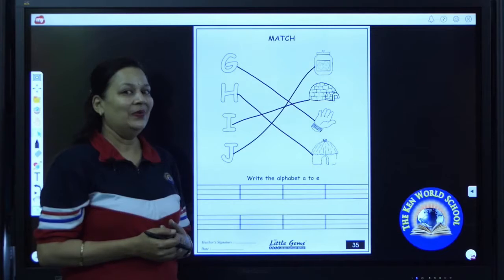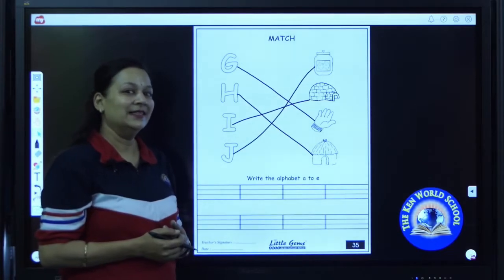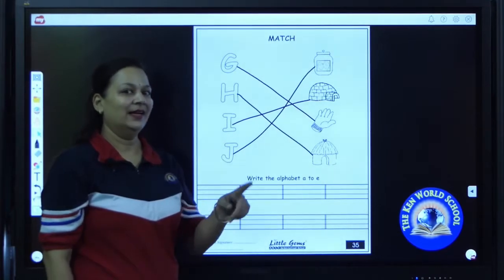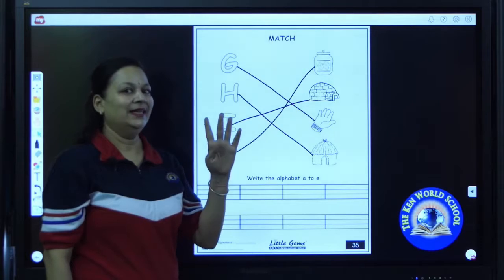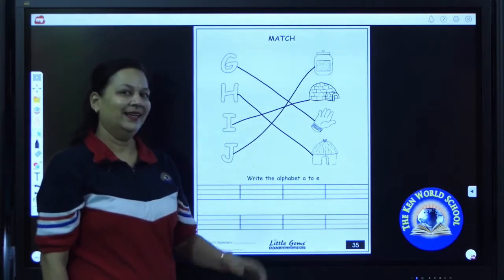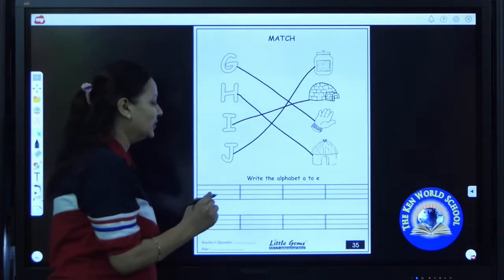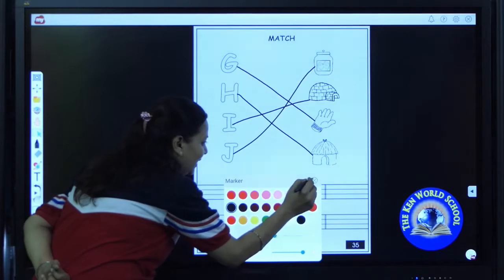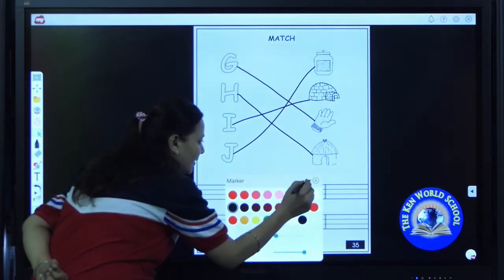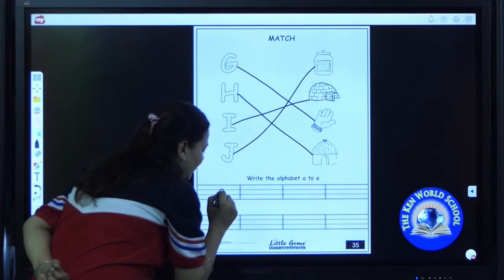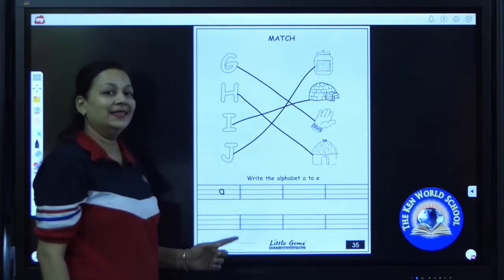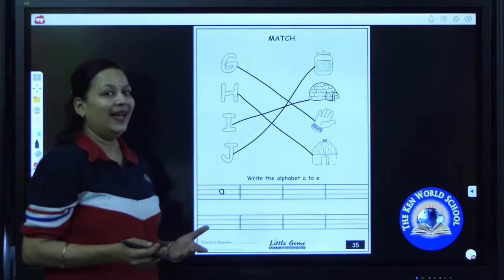Okay. Now we are going to practice letters A to E. Which letters we are going to write? A, B, C, D, E. Now sit properly, watch me carefully. I am going to write my first letter, A. Put your pencil on the middle line, make a curve till base line, go up to down, standing line. A says A.